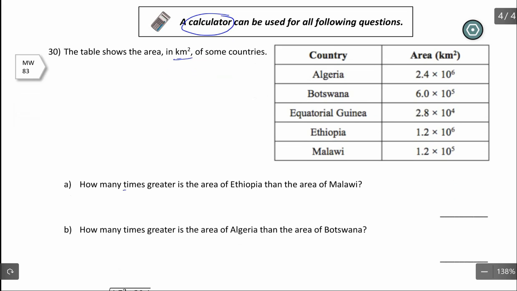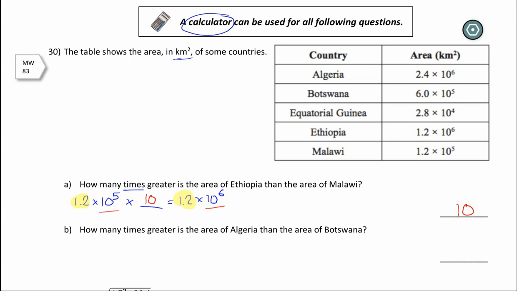Well, the key is in the question there. Times. What would you have to times the area of Malawi by to get the area of Ethiopia? So you could write it down like this. Now, as you can see, there's not actually any difference in the multipliers, so that's not changed. The only thing that's changed is that power of 10. So that power of 10 is increased by 1, which means we must have times by 10. Okay, so it is 10 times larger,